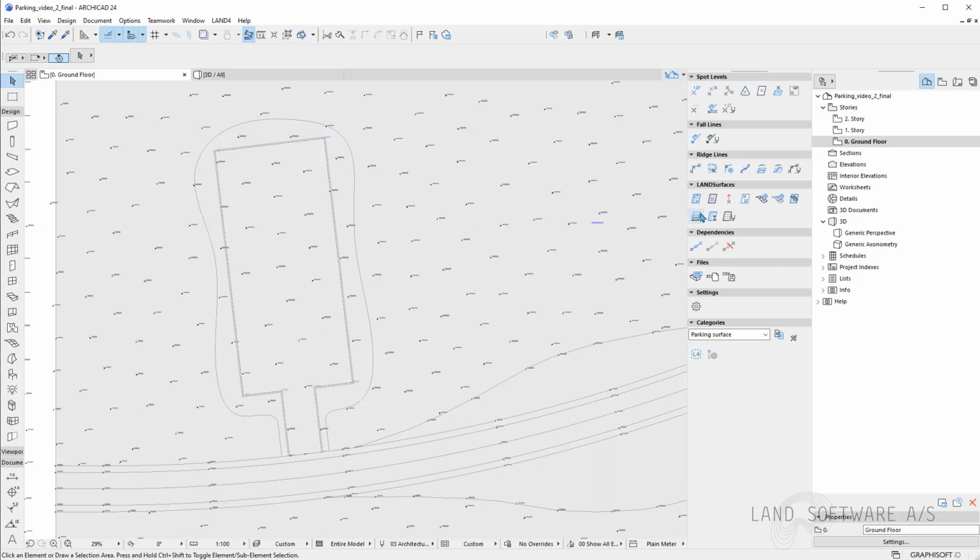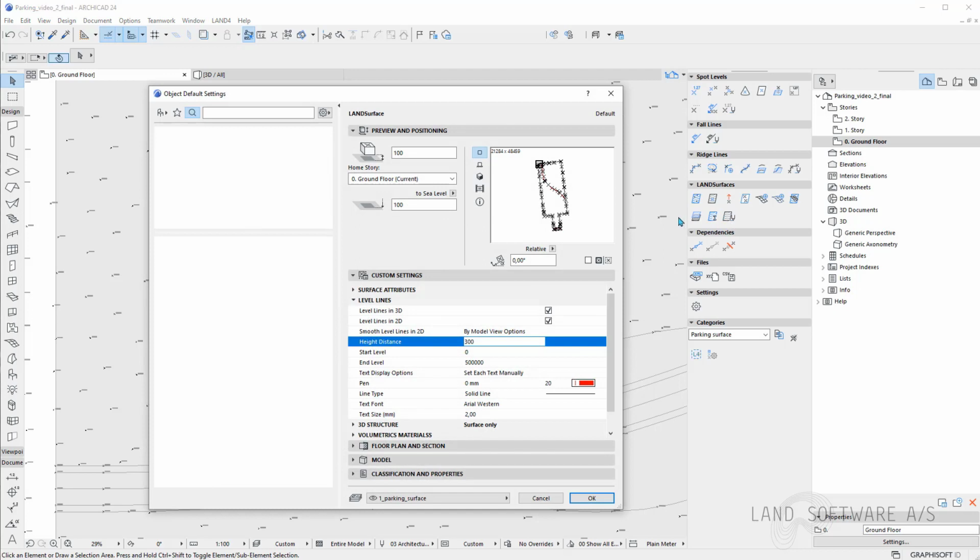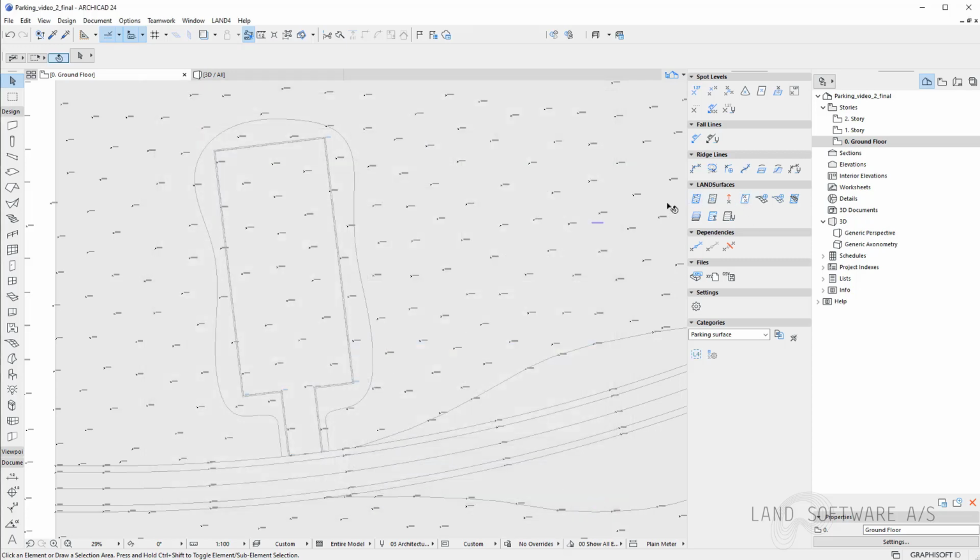But because I have deleted the surface to create the ridgeline, I will create it again, and I'll set the land surface default settings, where I can define the settings for the coming land surfaces I'm working with. So I'll set 100 millimeters height distance in between the lines, and from now on, these settings will apply to the next surfaces you're working with.